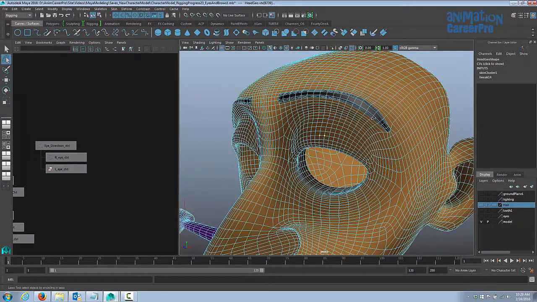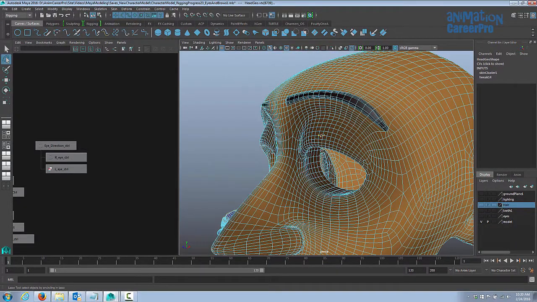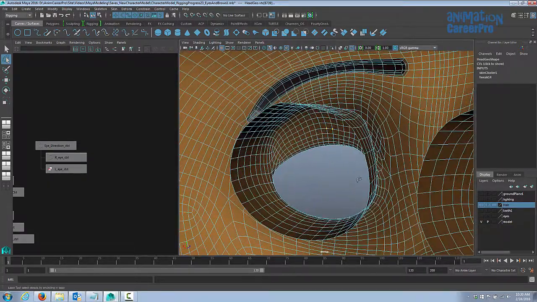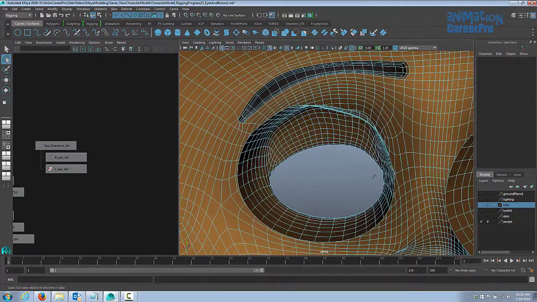Basically what we're going to do is attach a cluster to a group of vertices. So I like to select a little bit more than what I need, because we're going to paint cluster weights to get the eye to close. So let's select a section of vertices that encompasses the whole upper eyelid. And again, I like to select more than I need. So I'm going to go right up to the eyebrow. You have to sort of get a good angle on it, get a good selection. We are going to have to go back and adjust our selection using shift to unselect some of the vertices and holding shift down to select more of the vertices. Alright, so we'll just make a selection here, and I'm going to go to my selection tool.